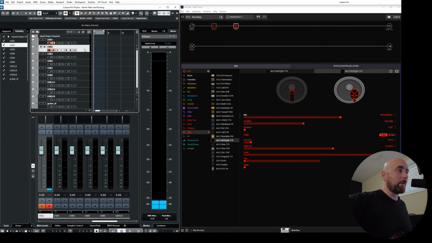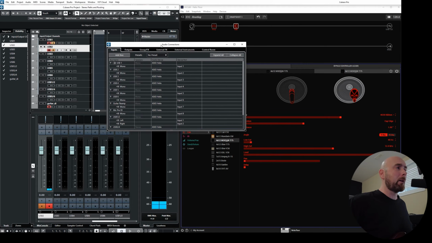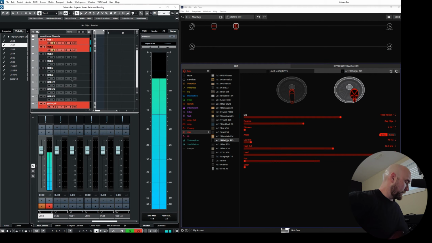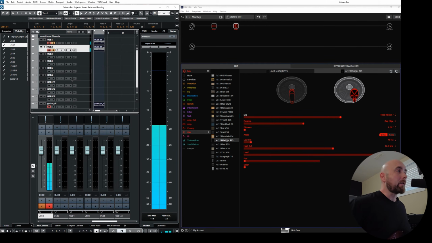So let's do a little bit of recording of that. And also, if I come down and engage Guitar DI, which is my USB 7, I don't know if you remember me doing this over here in my audio connections, but down here, guitar reamp is just the DI'd guitar that's not going to have any processing done to it if I wanted to reamp later. So let's just throw that in the mix too, and we'll record this, a little bit of riffing here. Okay, so we have an annoying little riff there that I came up with, and we'll just get this so